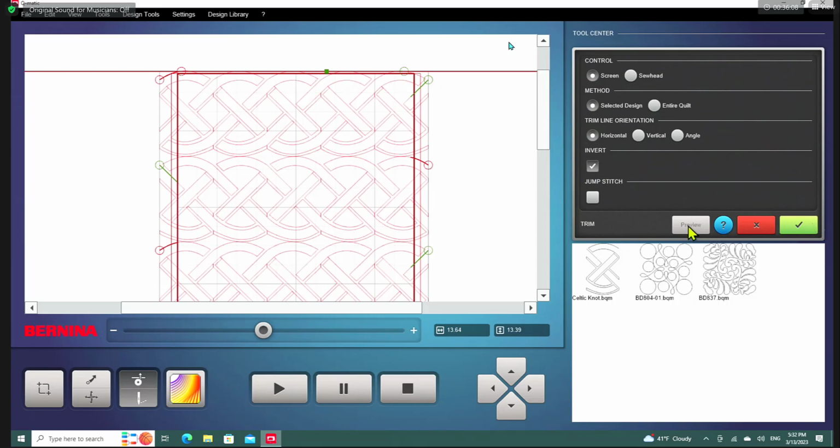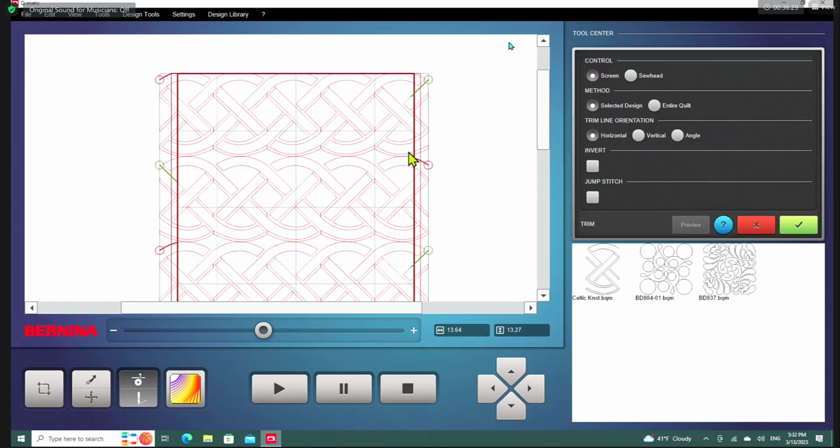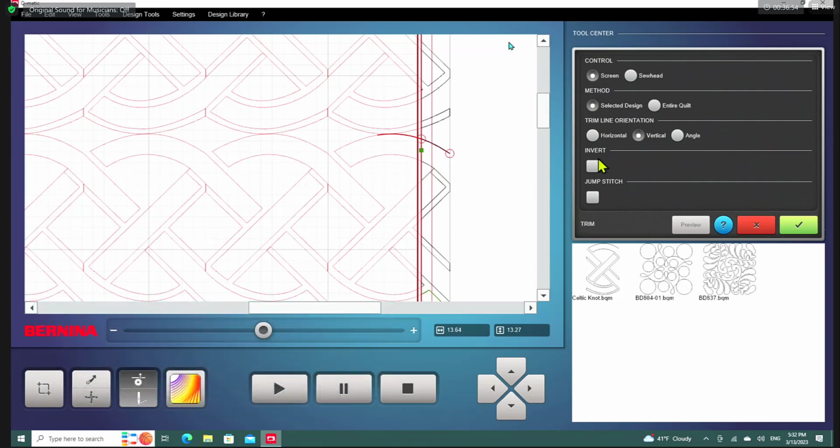I can preview. Preview is a good thing. This we had before as well, but you'll be able to see what is taken off of the quilt. That's better. And then I'm just going to grab the two sides here. If I was doing this for real, I would probably zoom up a little bit. And also, do consider, this is going to trim so it just stops at the edge of the quilt, but you can also give yourself a little room so it'll just stitch off on the batting, which is a nice thing. So that black is what's going to be trimmed away. That's correct for my